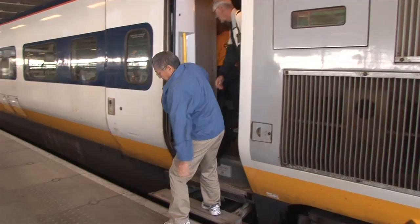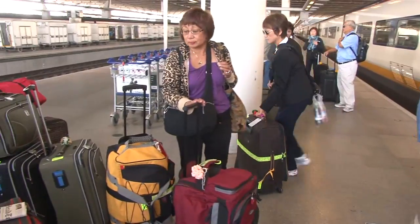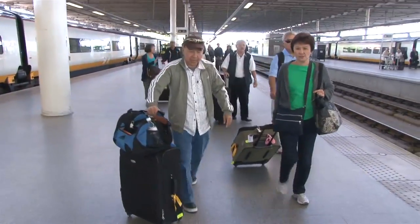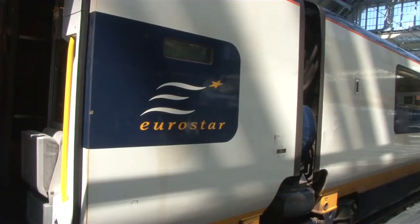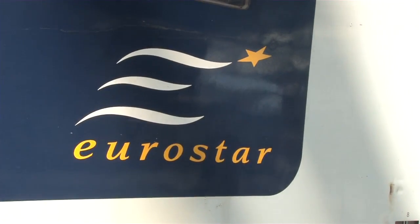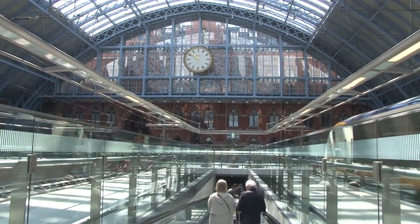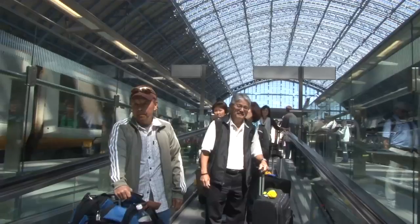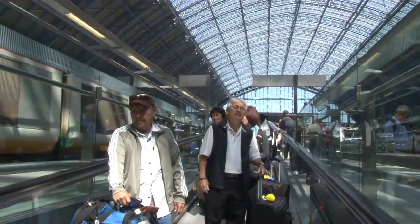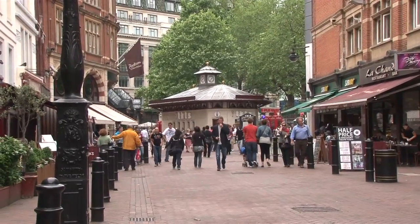We arrive at St Pancras Station and get the suitcases off the train. The guys pitch in and get the bags down onto the platform, and everybody grabs their bag with wheels on it. From the Eurostar, we roll through the station. This beautiful St Pancras, recently been renovated top to bottom. Wonderful station now. And catch taxis into the heart of London, where we begin touring at Leicester Square, and let's